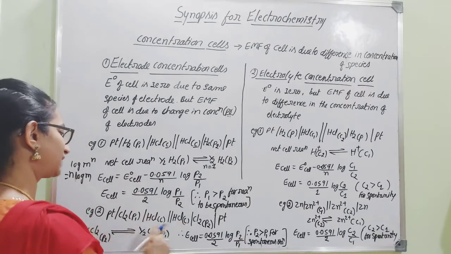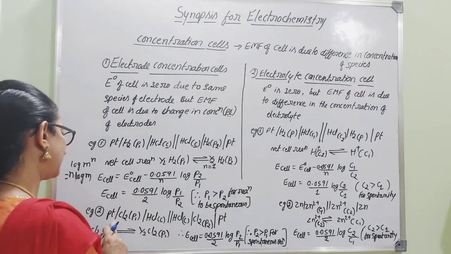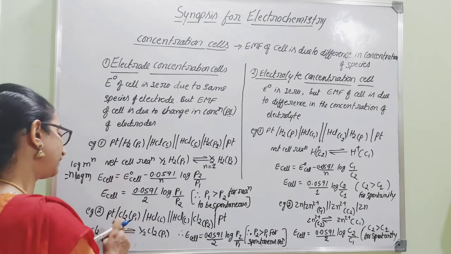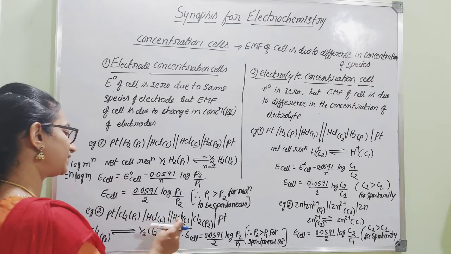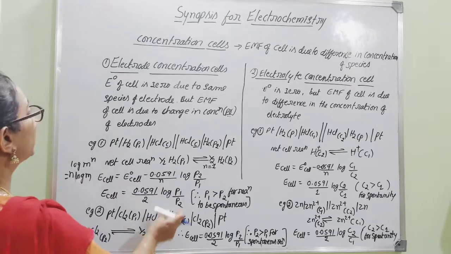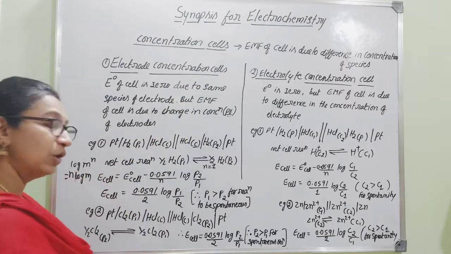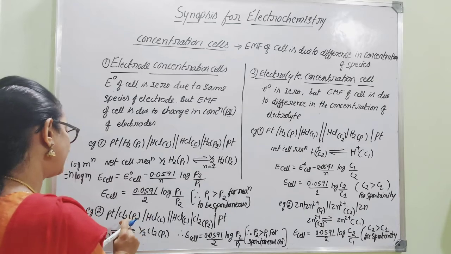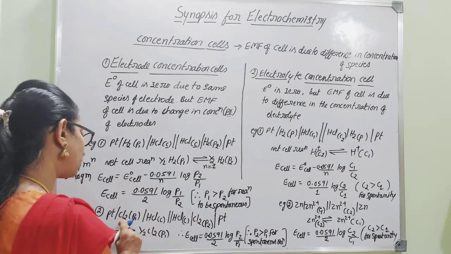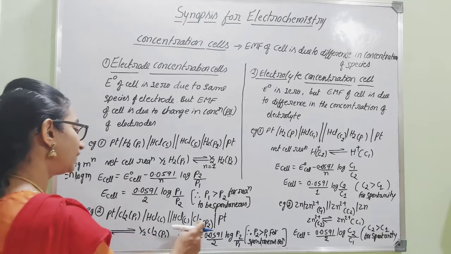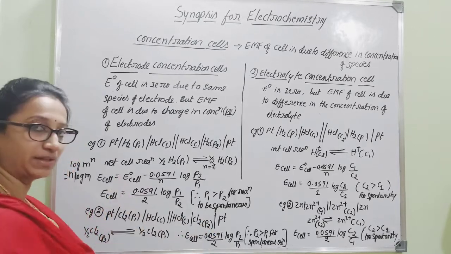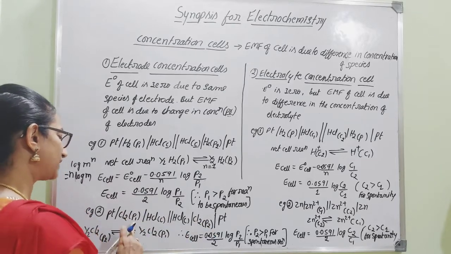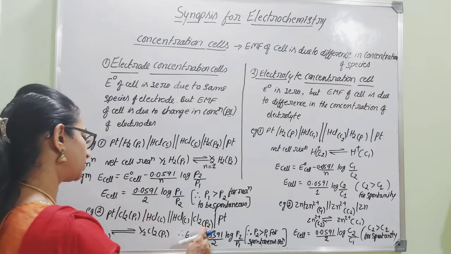Let me consider another example. So that is, we are taking platinum, then chlorine. We are using chlorine electrodes and they are dipped in HCl. That is, we are using HCl as an electrolyte. It is also one of the examples of an electrode concentration cell. Why is it considered an electrode concentration cell? Because even though the electrode species are the same, chlorine and chlorine, they differ in their concentration, that is in terms of pressure here. Of course, they are gaseous, hence we can consider in terms of pressure. One has pressure P1, another has pressure P2.